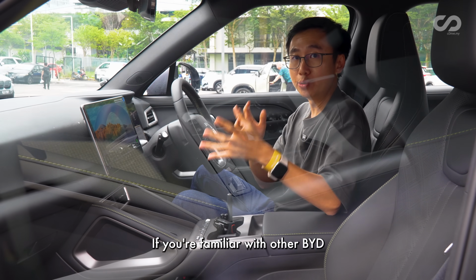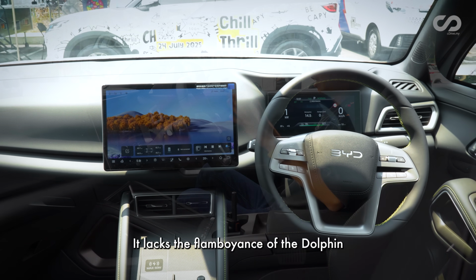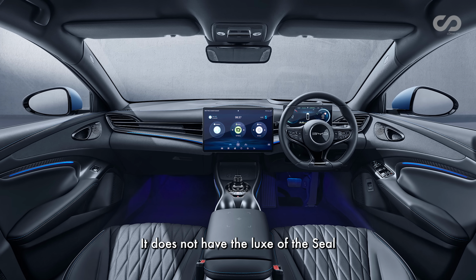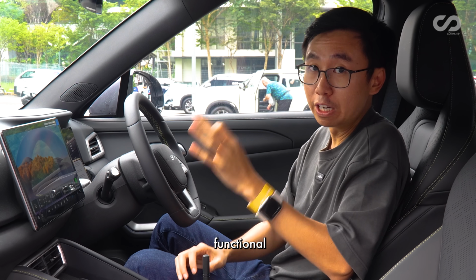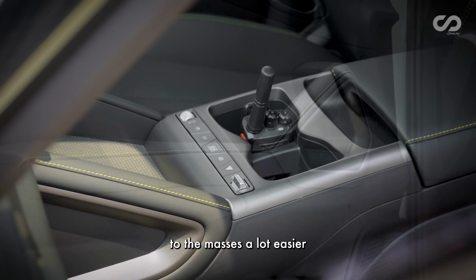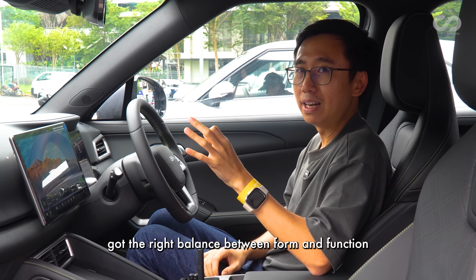If you're familiar with other BYD E-Platform 3.0 cars, you'll find this interior a tad bit disappointing. It lacks the flamboyance of the Dolphin, the hipness of the Atto 3, and definitely does not have the lux of the Seal. This feels closer to the BYD M6 ethos: functional. It's quite a traditional cabin, straight lines, monotone, but I would say that this will appeal to the masses a lot easier. There's a beauty in simplicity, and I think that this Atto 2 got the right balance between form